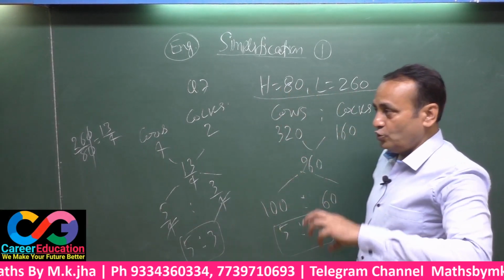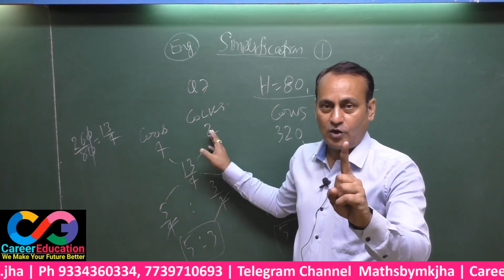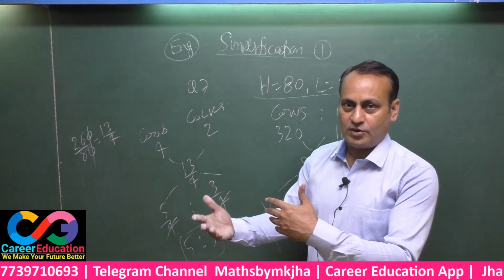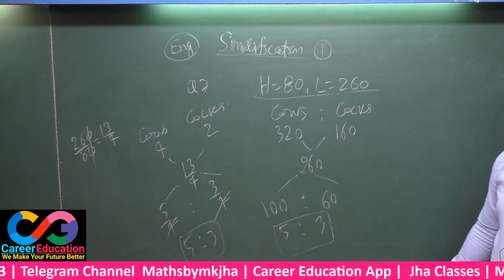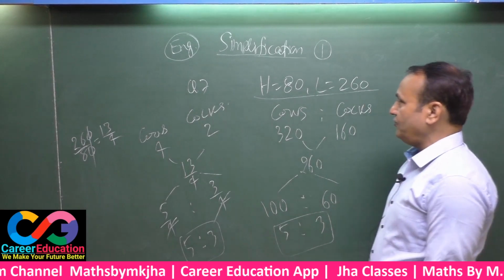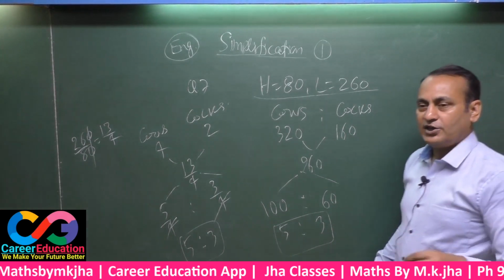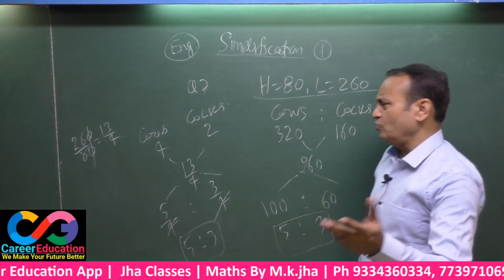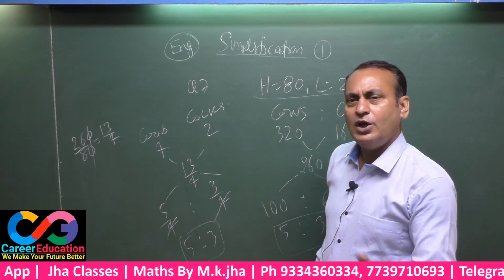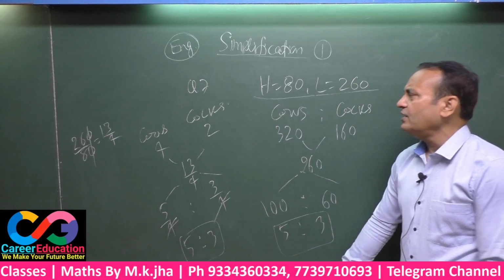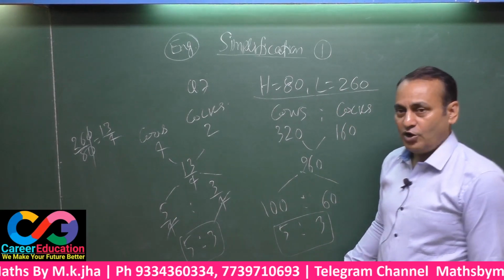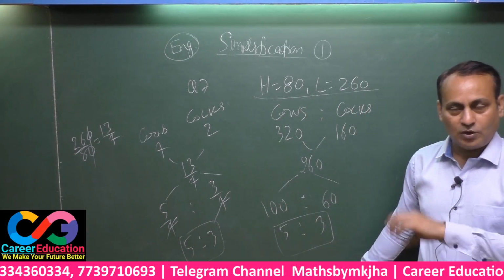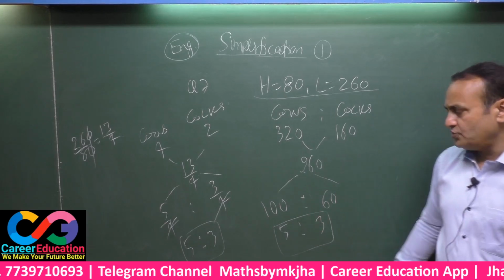That means you can suppose only one cow, only one cock. You can suppose all are cocks, all are cows, and so on. Note down. That means if you have been demanded by the examiner to find out the ratio between the number of cows and the number of cocks, certainly you may have this method as well, but no need to go through this. It is not mandatory for you. You can have the answer through the first method as well. In order to get the number of cows, you have to suppose all are cocks in that group. Thus you got the number of cows, and the remaining will be the number of cocks, and get the ratio.